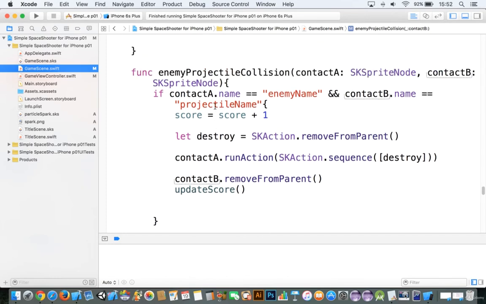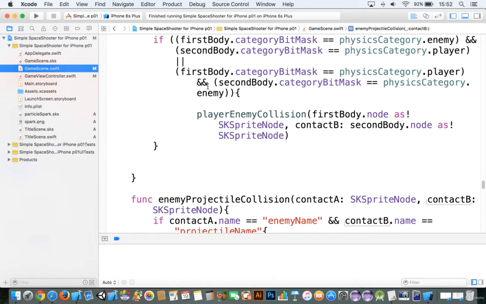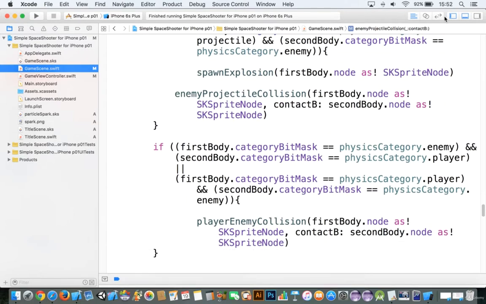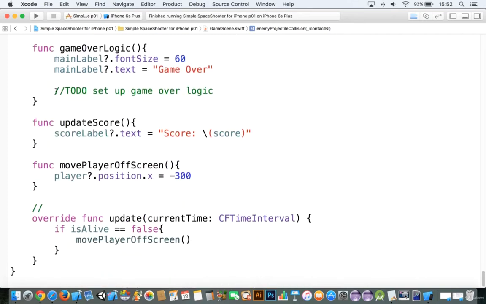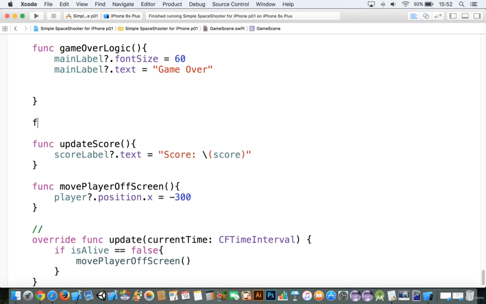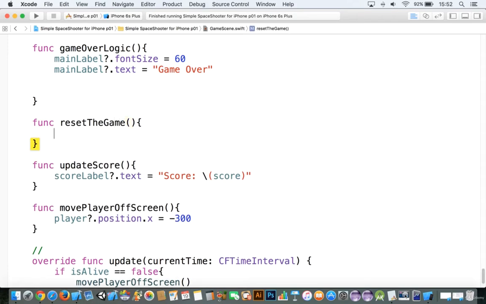All right. So we now pretty much have everything ready to go before we add in art. But remember we had this game over logic? Let's take a look at that. So game over works, and we technically can have a function here that says reset the game, and we'll call reset the game. There isn't really too much that we need to do with this game in particular,